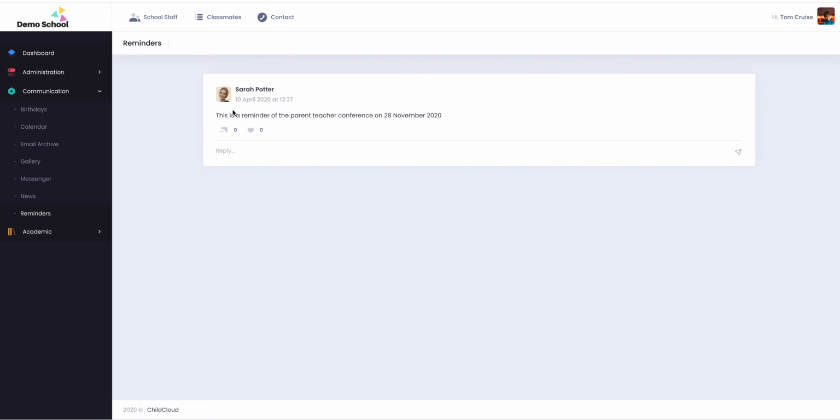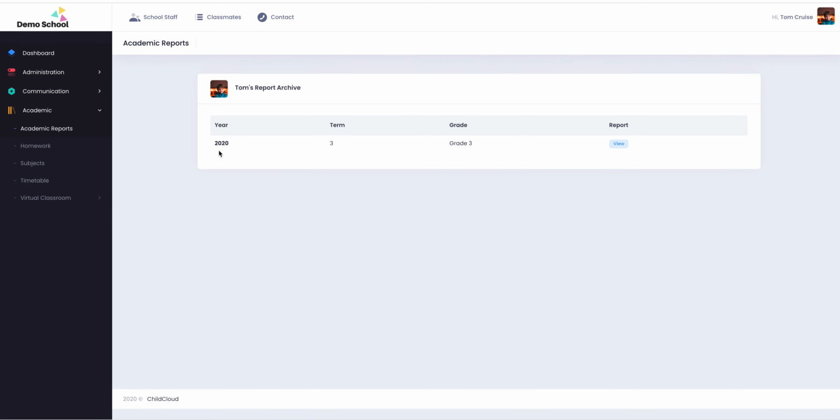And reminders, any reminders from the school administrator or the teacher, you can view them, you can comment on them and like them as well. Under the academic module, you've got your academic reports. This is where your school will upload your term report, and you can view them by clicking on the view button. You've got a homework module,